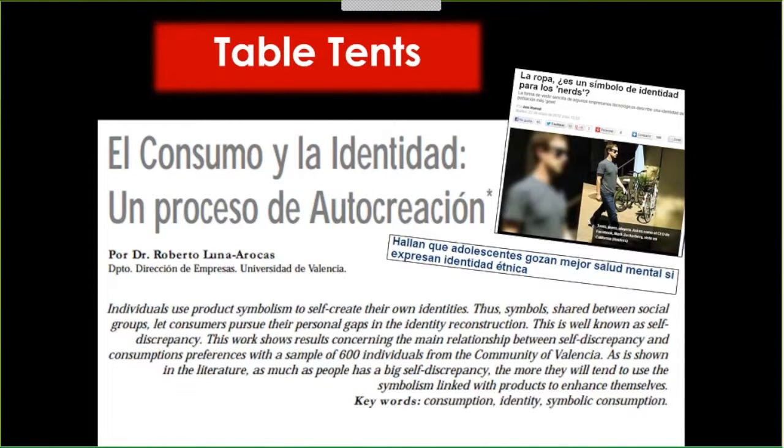Table tents are a strategy that we can use when we have texts that we want students to read that we think are too difficult for them. So I could have students read part of a journal article or part of a magazine article. These articles that are shown on the screen all happen to be about identity and clothing. And so instead of having students read the entire bit of research, I might just take a quote out of the article and put it on a piece of paper and fold the paper in half so that it sits on the table. And this way, students can work with a partner and walk around the room to read